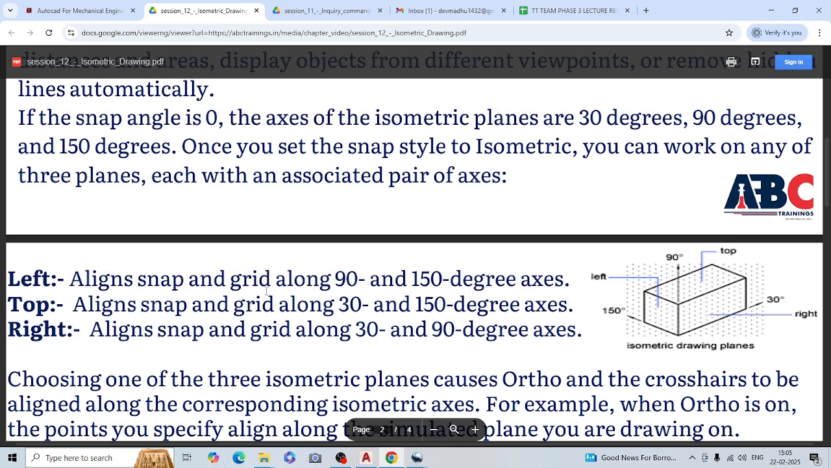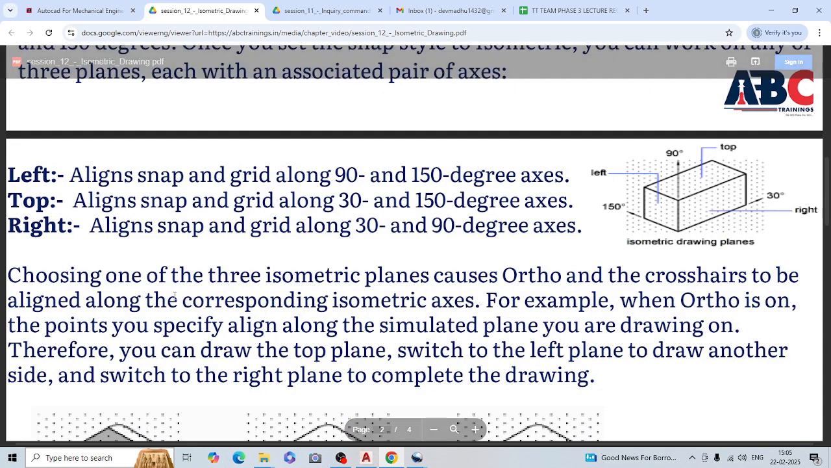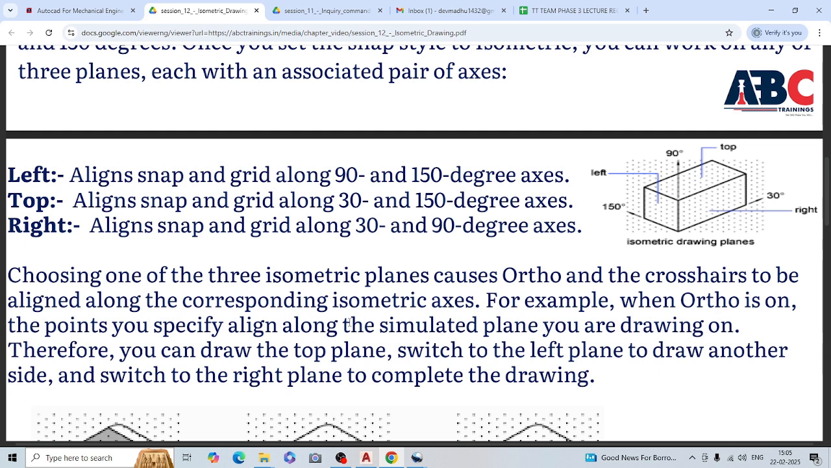Left aligns snap and grid along 90 and 150 degrees, this and this. Top aligns snap and grid along 30 and 150 degrees, and right aligns snap and grid along the 30 and 90 degree axis. Choosing one of the three isometric planes causes ortho and the crosshairs to be aligned along the corresponding